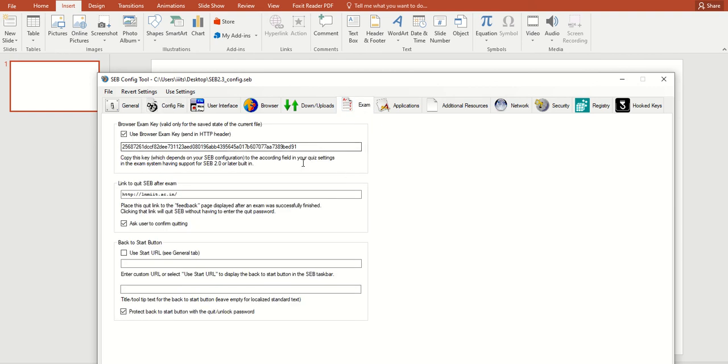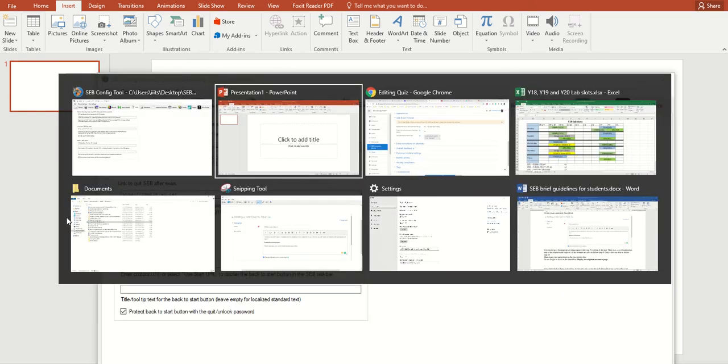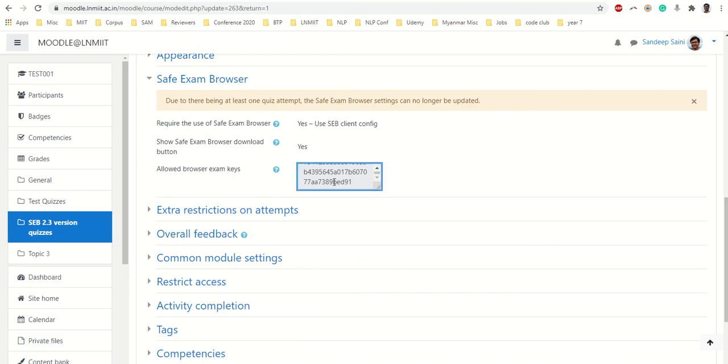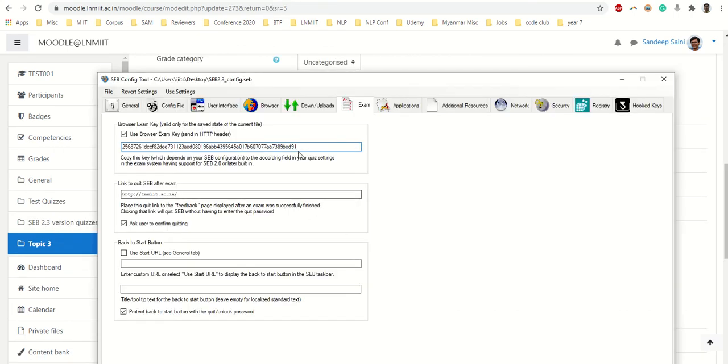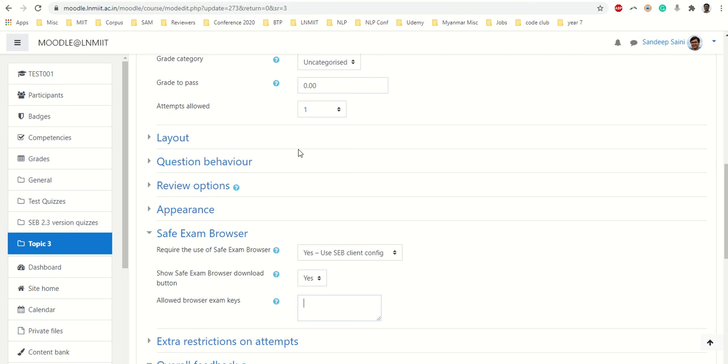And when we come to exam, this is the hash key. This is the 64-bit hash key. I copy it there just for the reference. It is ending with BED91. BED91, and if you see here, I have copied the same key, and in my quiz I will copy the same key. I just copy from here, or we will give you in the document.